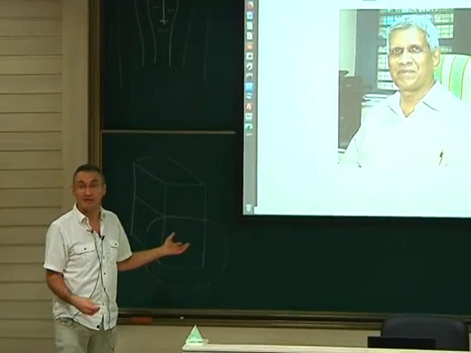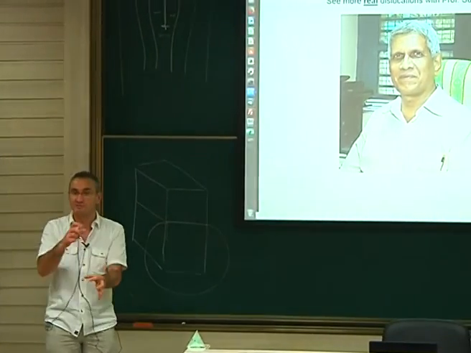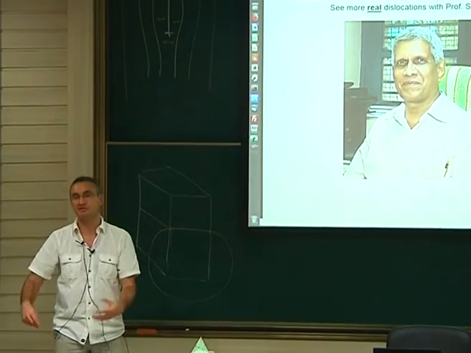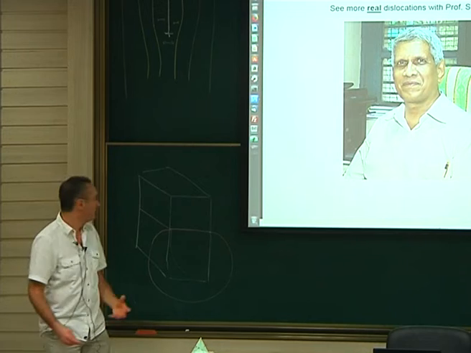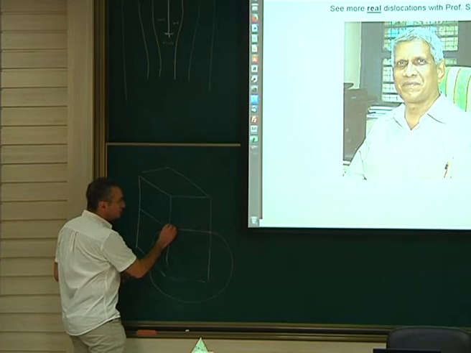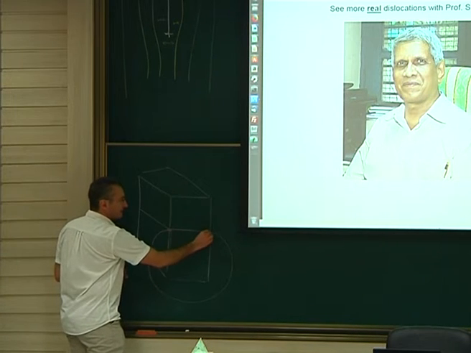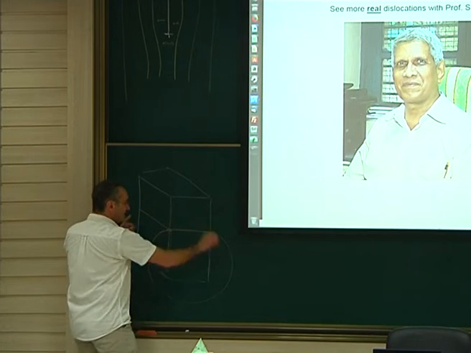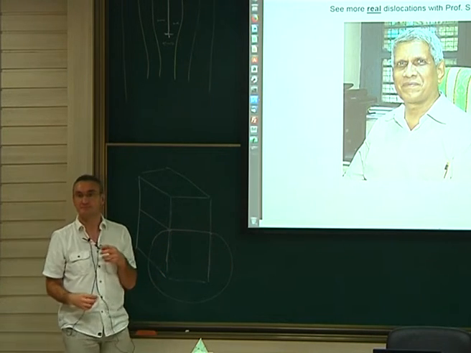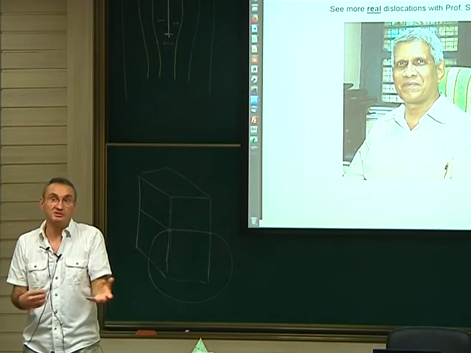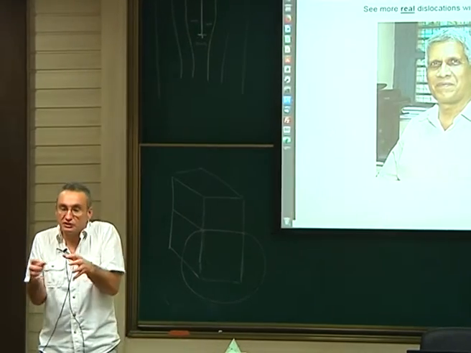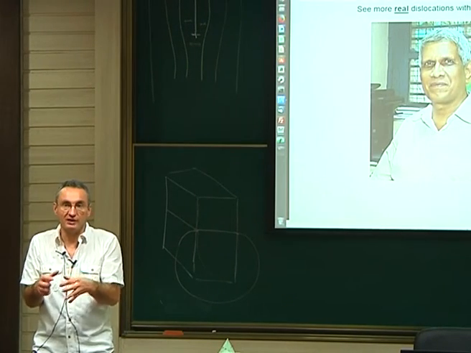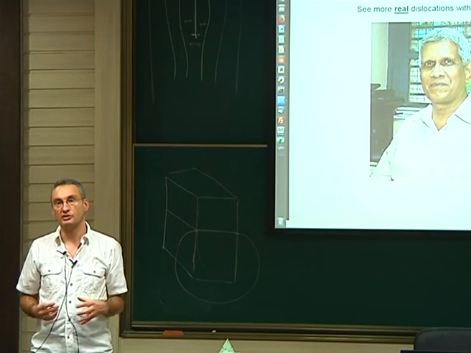So this is typically what happens in nano indentation. Initially, you have these prismatic loops, but very quickly they change into a Frank-Read source. This point here just needs to remain on that line. That's the only thing. But it can move up and down, and this can rotate around that point. You see? So for me, it's a glissile loop, but initially they are called prismatic just because they are in a plane which is perpendicular to the Burgers vector.